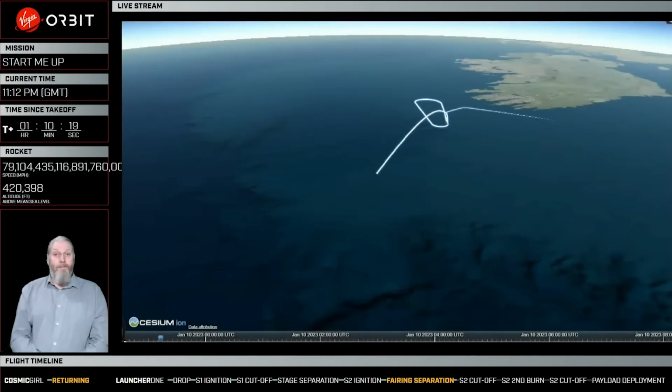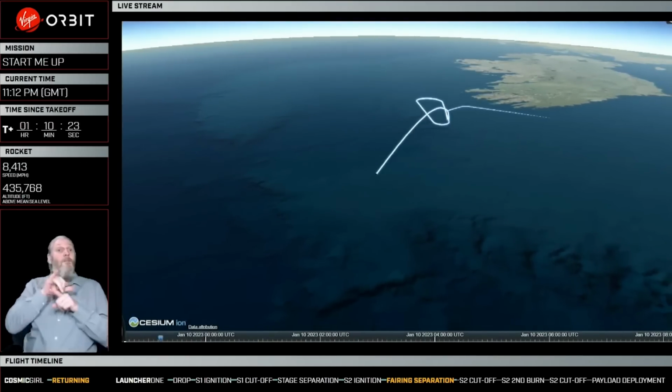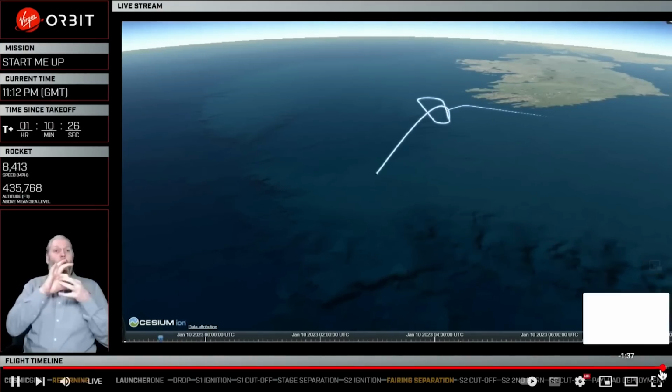You may see dropouts in the data during the flight here. That is expected as we're switching between the different ground stations,